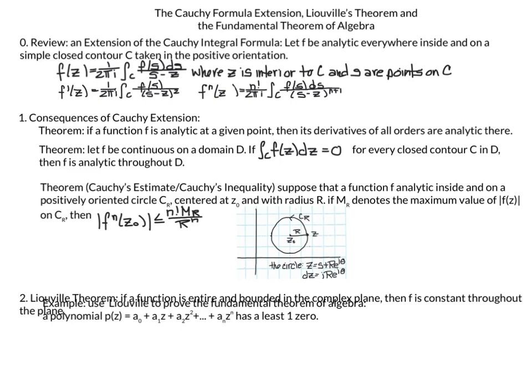In this video, we will talk about some consequences of the Cauchy Formula Extension, as well as the Liouville Theorem, and also a quick mention of the Fundamental Theorem of Algebra, which is an application of the Liouville Theorem. This is our overview slide, which we'll spend less than 5 minutes on before going over each topic in more